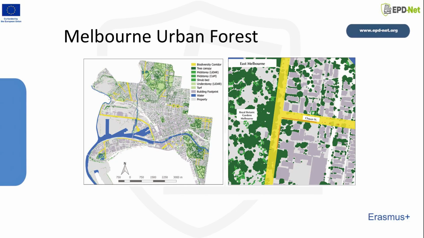This slide presents GIS-based spatial analyses developed within the framework of the Melbourne Urban Forest. The maps were produced to evaluate the structural continuity of green infrastructure and ecological connectivity across the city of Melbourne. The city-scale map on the left was generated by integrating different vegetation layers, such as tree canopy, mid-story, and understory vegetation, within a GIS environment. Through these analyses, ecological corridors connecting parks, waterways, and green spaces, as well as areas where this continuity is fragmented,